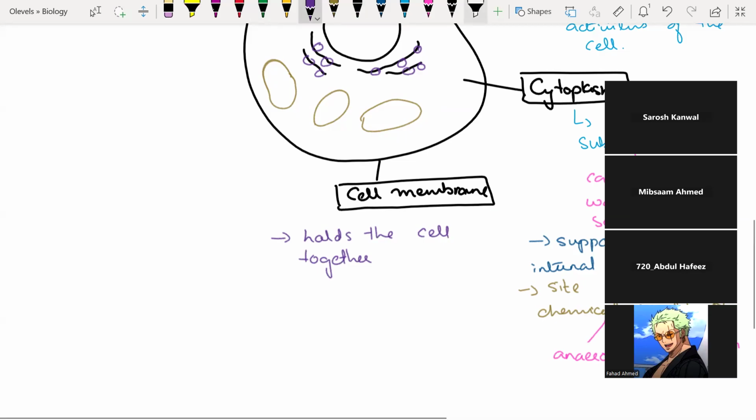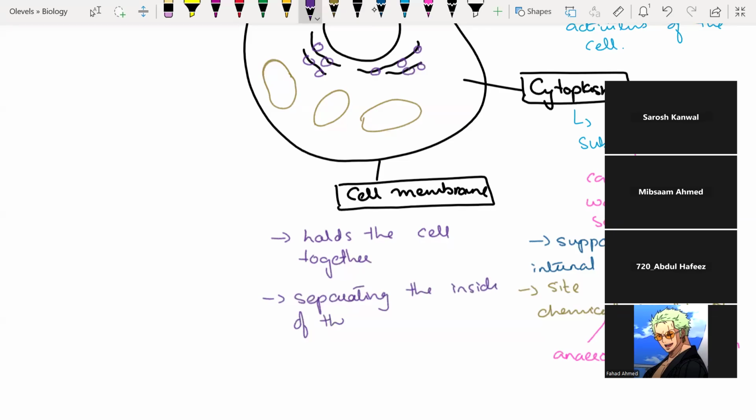It's a boundary for a cell. So it holds whatever is present inside the cell membrane. The other thing is that it separates the inside of the cell from outside,